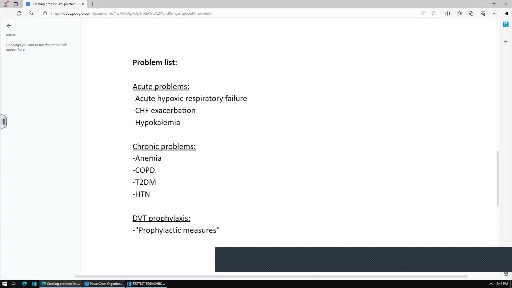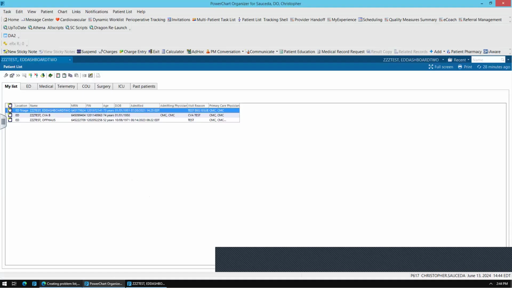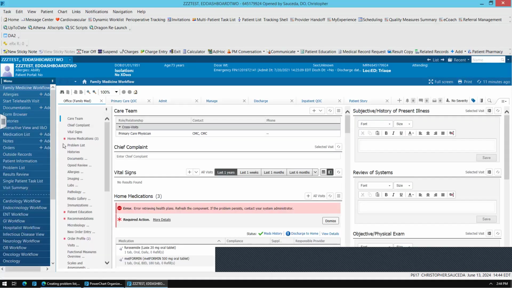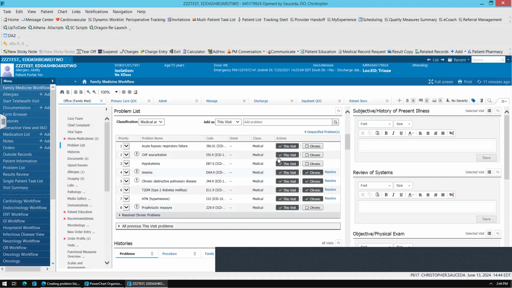And then lastly, one other thing. So this is how you fill it out here. Do it under this main workflow tab. Don't go under this tab. It is too confusing. So just do it under here. It's pretty easy to type them in here and then add them. I believe medical students too can